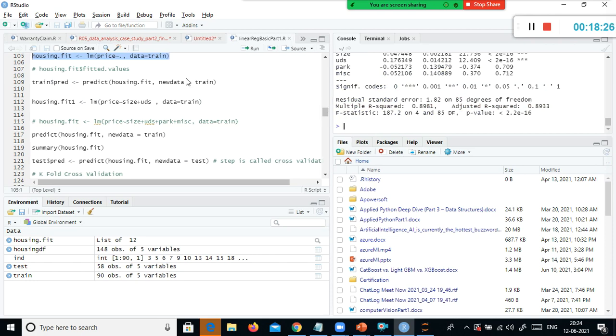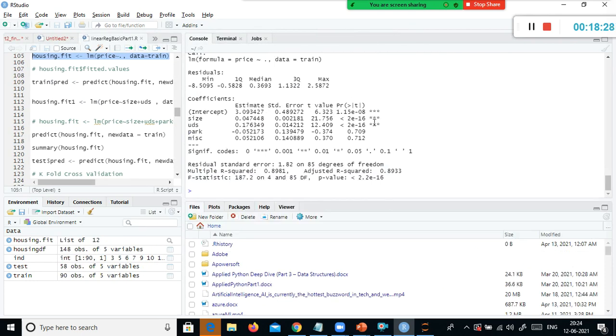I was talking about these stars here. That means both of these two features are highly statistically significant because we have 3 stars here. You remember in inferential statistics we discussed the confidence level, right? If you have triple star, that means 0.001, right? That means there is 99% confidence that this variable is highly statistically significant.